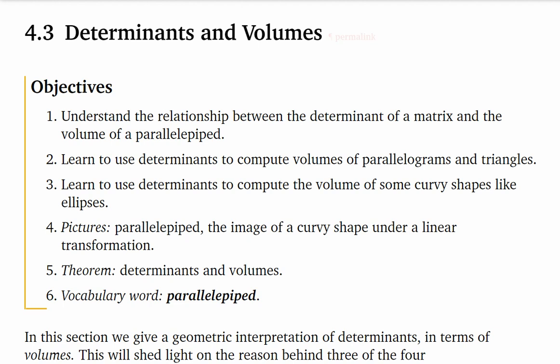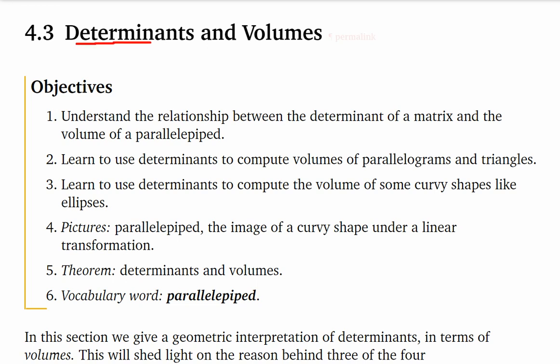The video for section 4.3 is going to be pretty short. It's a great section to read. There are awesome examples and interactive content in the textbook, and I strongly suggest you read it more than once. But the book is great. The way they've set up this chapter on determinants is excellent, starting with the four defining principles and ending with